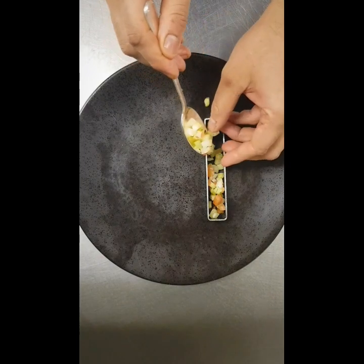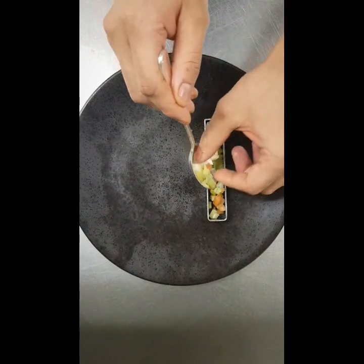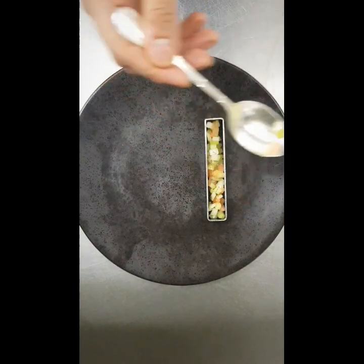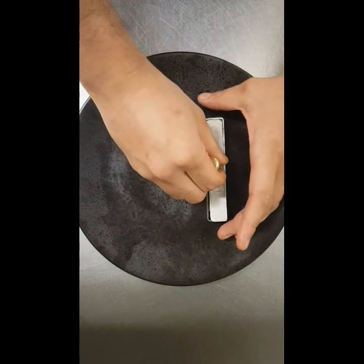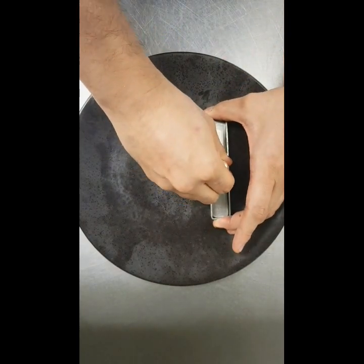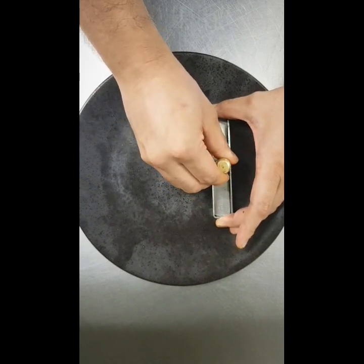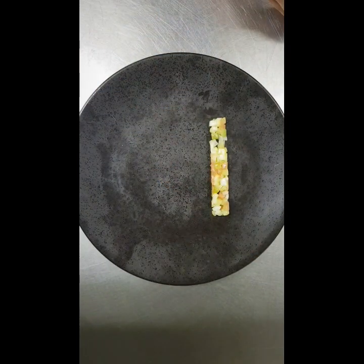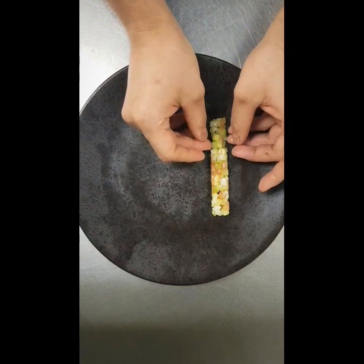What I personally prefer is to put less food on the plate and good flavor. If you put too much stuff on the plate, it's not always looking so good, but if you put a little amount, good flavor, good taste, then it's going to be very nice. So I'm going to mold this one on the side and you need to be very careful to take it out and it should come out perfect. If sometimes it's here and there, you can just adjust a little bit. Of course no one is perfect, so anyways,